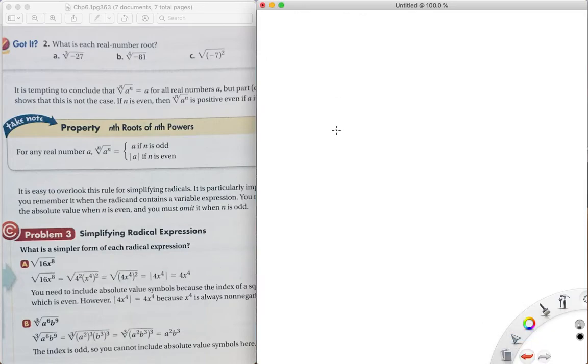Okay. With that information in mind, go back here, square root of 16 x to the 8. So this is why the book does the whole x to the 4th squared, so that we can get to the absolute value, and they're both being absolute valued to get to the answer. But if you have it in mind that if this is an even index, this is going to be the absolute value anyway,